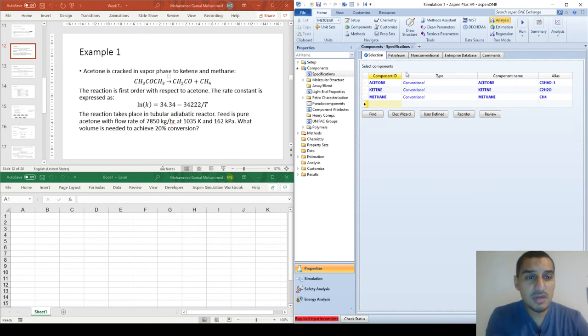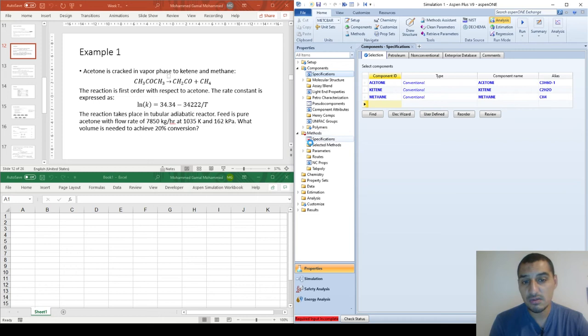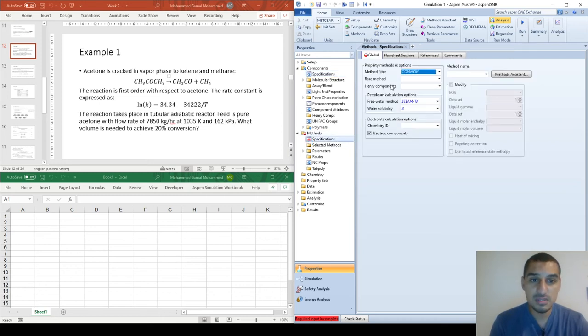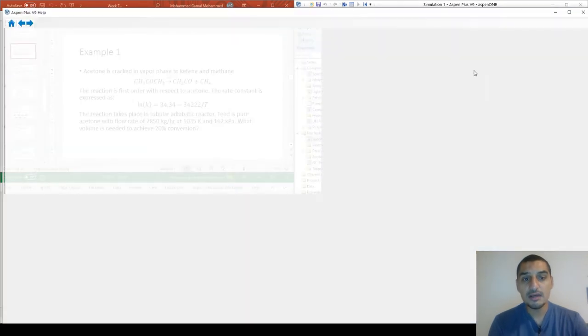To save some time, I have already defined the three components that we have: the acetone, ketene, and methane. And now comes the point where we need to choose the thermodynamic model. To do this, I would prefer to use the method assistant. And by opening the method assistant,